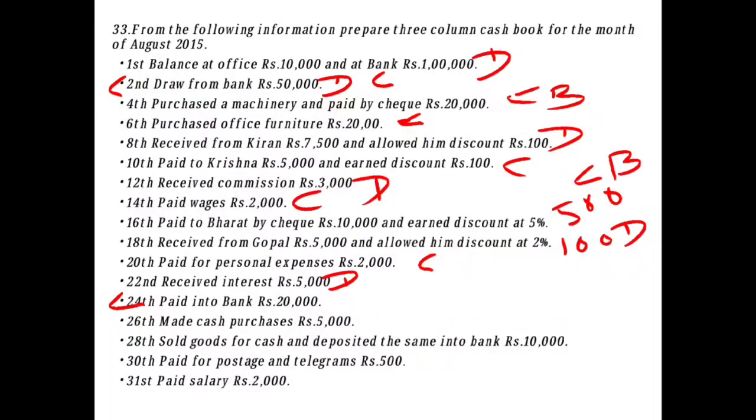Right? And banker is the receiver. So you have to record this entry both debit as well as credit, right? You're going to record it both debit side as well as credit side here. Okay, so debit side to cash bank column, because banker is the receiver, right? So to cash bank column, and credit side by bank